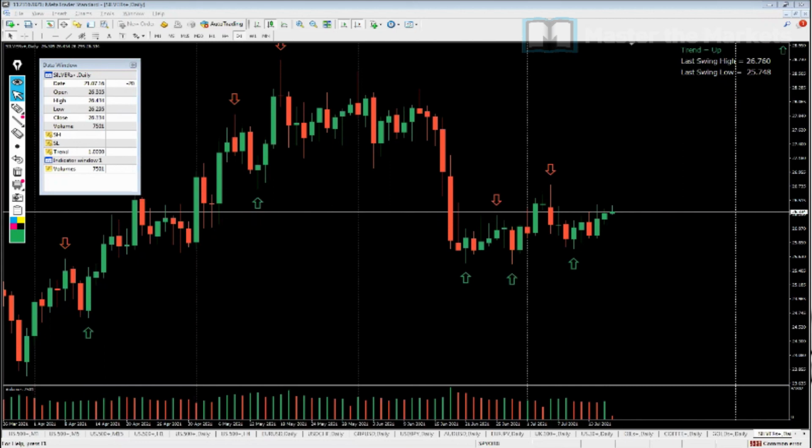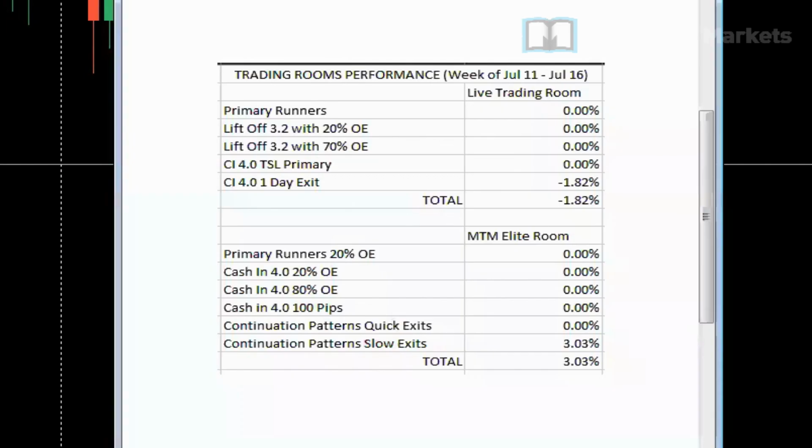Let's move on to the trade performance, our trading room performance. For our live trading room, no trades for the Liftoff or Cash In 4.0 TSL, but the Cash In 4.0 one-day exit, we had a slight loss of negative 1.82%. For the MTM Elite room, no trades for many of our strategies, except for our continuation pattern slow exits, had a solid winner of 3.03%. So overall, our performance for our two trading rooms slightly above 1%,